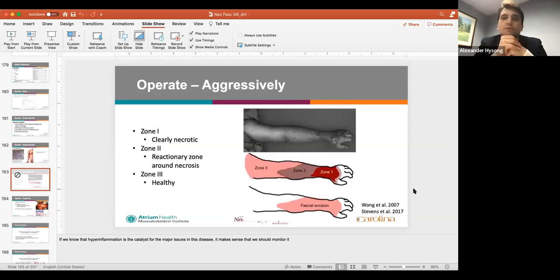Talked about actually zones of injury when you're operating on this, or zones of the infection, where you have zone 1 of clearly necrotic tissue, zone 2 of this reactionary zone of edematous, boggy tissue where there's not necessarily infection. And maybe even in this zone, you won't see positive biopsies if you're taking it of the soft tissue or the fibroconnective tissue. And then zone 3, and in his study, he actually advocates for resecting those first 2 zones of soft tissue to really get ahead of that bacteria, not being generous with your resection, and making sure that,